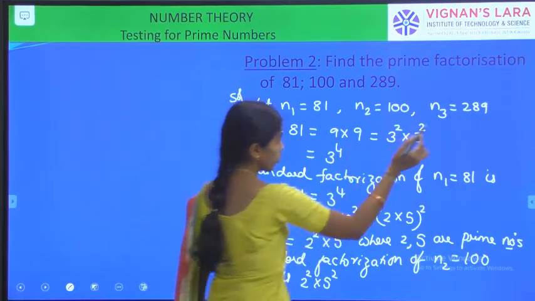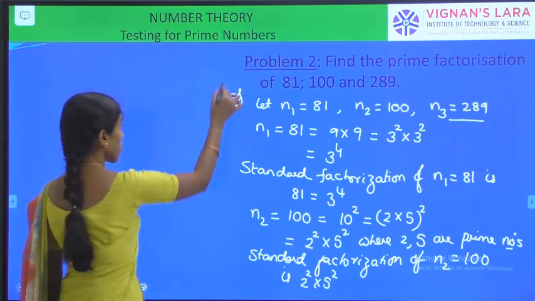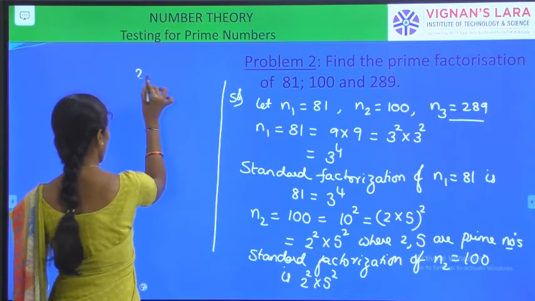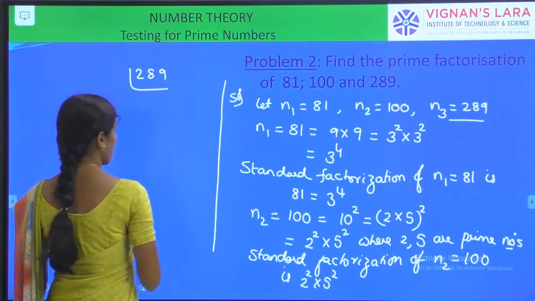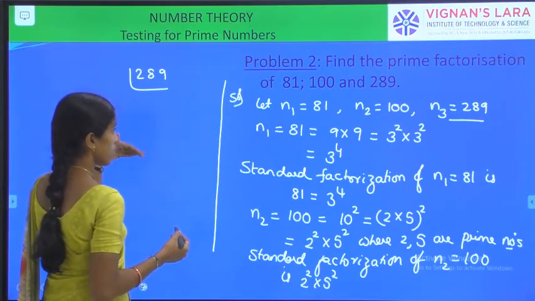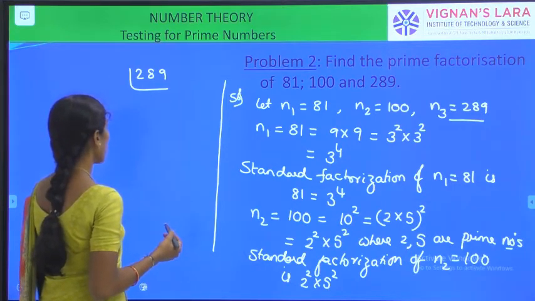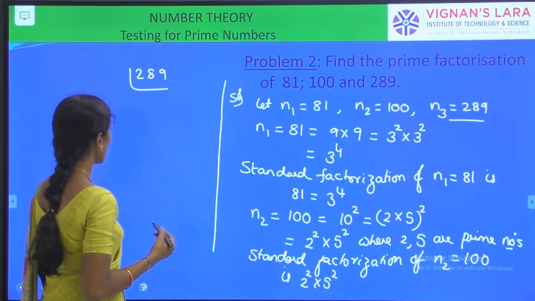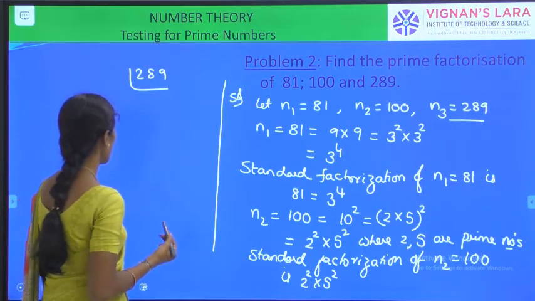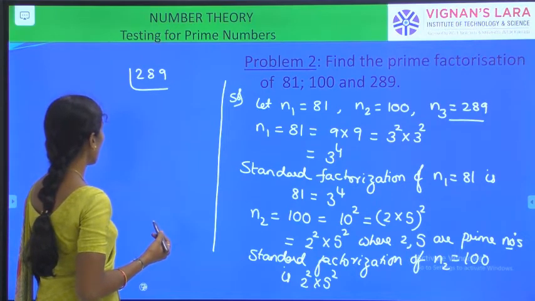Right? So you solve for this third one, 289. If it is a big number, as previously discussed orally, and it is not suitable to factorize directly, apply this method, as in the lower classes. So 289, what is this one? 3 is not possible. 4 is not possible. 5 no. 6 no. 7 no. 8 no. 9 no. Then 11 no.